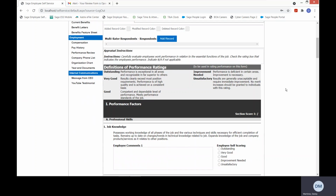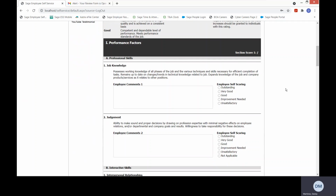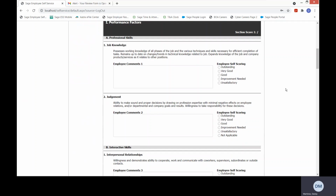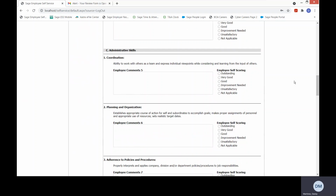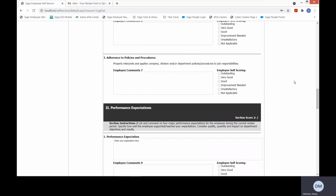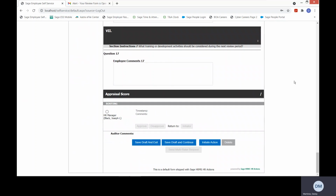That can happen. The layout of these performance reviews can be customized. Again, this is just an example of mine, one of the out of the box within the HR actions. So again, they can go in, put their comments, they can score themselves. I have a pretty lengthy performance review here, appraisal. So again, think of your layout, but my favorite part here is the simplicity and where this is going and